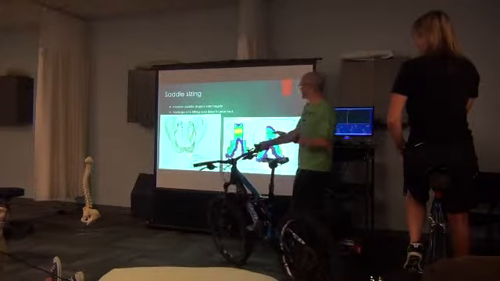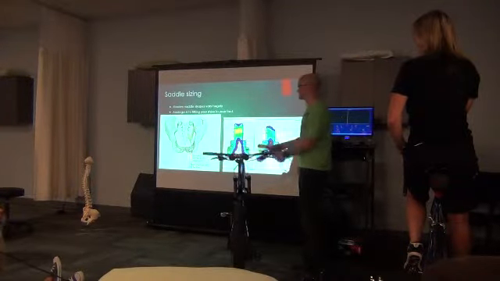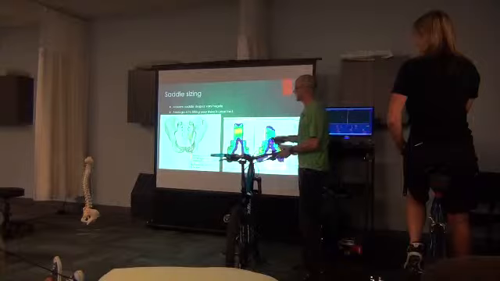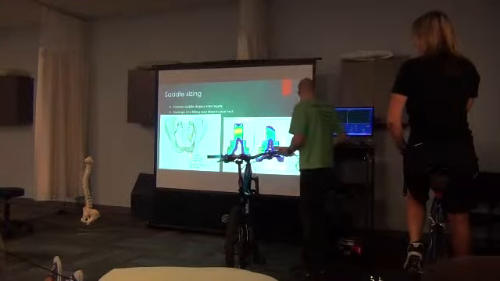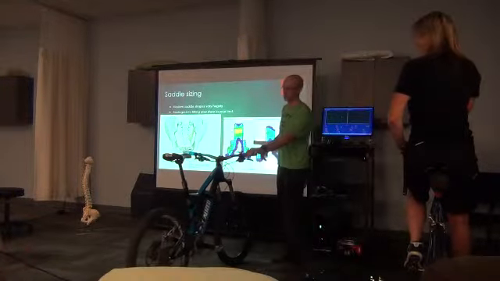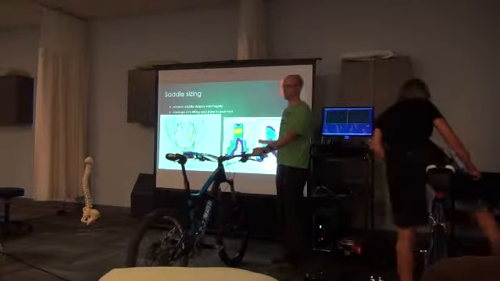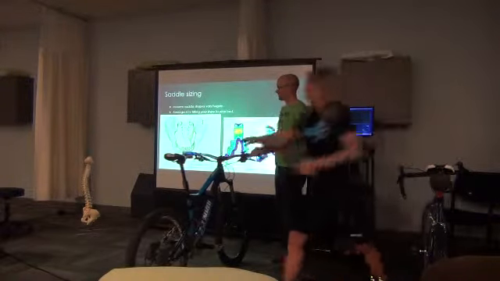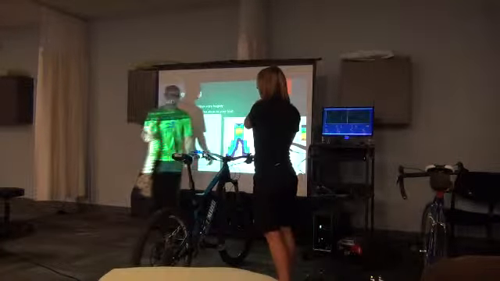Now, okay, so the saddle itself, most people just get on a saddle and they don't really think about whether it's the right saddle for them. Now, if you take a look at the pelvis and how it mates to the saddle itself, if you hold this up on me, or Tara. I'm going to hold this model spine up onto this pelvis and just kind of look at the bony landmarks